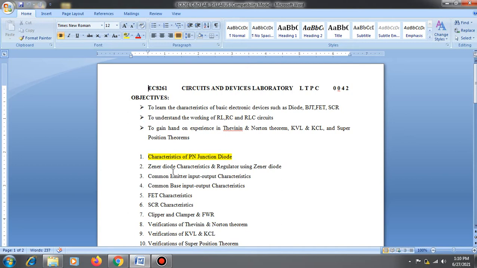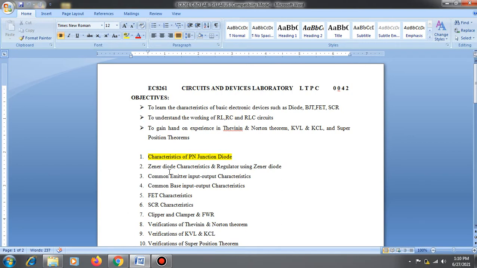Forward bias means the positive terminal of the battery is connected to the P side of the diode and the negative terminal of the battery is connected to the N side of the diode. Diode will conduct when forward biased. Reverse connection is done for the reverse bias. Diode will not conduct when reverse biased.